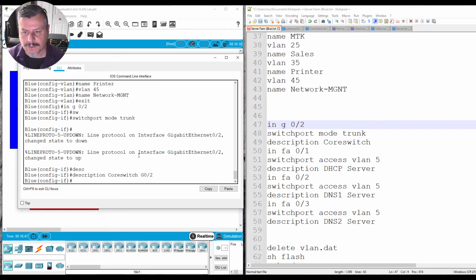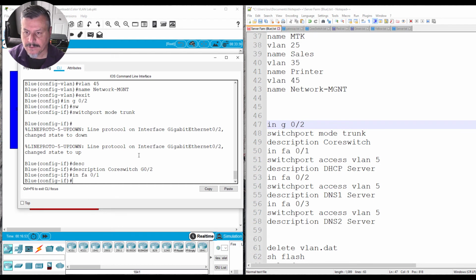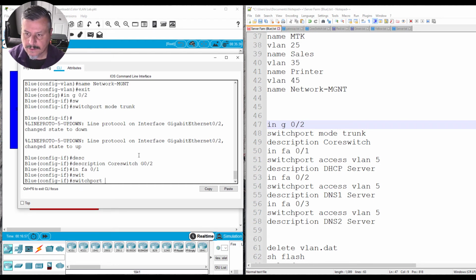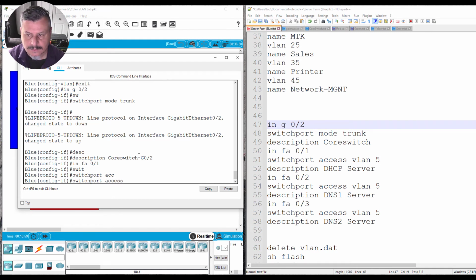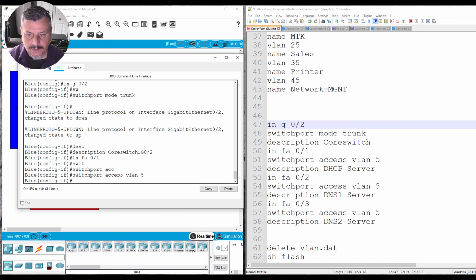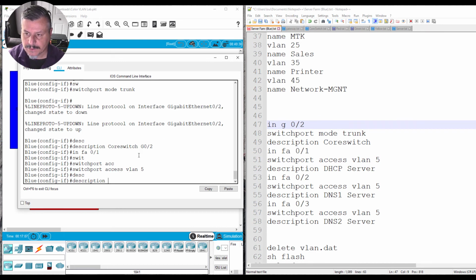Now we don't have to go anywhere, so we can just literally go to Fa0/1, and here we're going to do switchport access, and then we're going to tell it what VLAN. So we're going to tell it VLAN 5, and then we're going to type in description, and we're going to say to DHCP server,